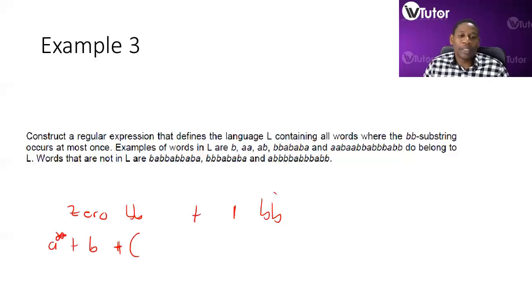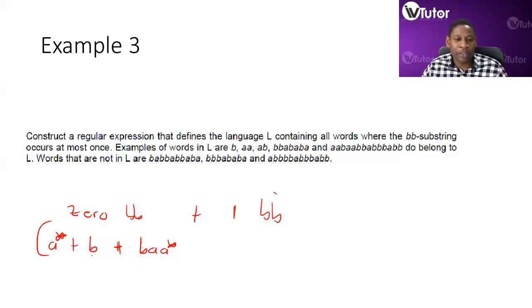So we can have a lot of A's, we can have a single B, or once we start having an A, we can have a B follow, or simply put, let's rather say a B is automatically followed by an A. Okay, so that is the other part of the word. So let's do it like this then.